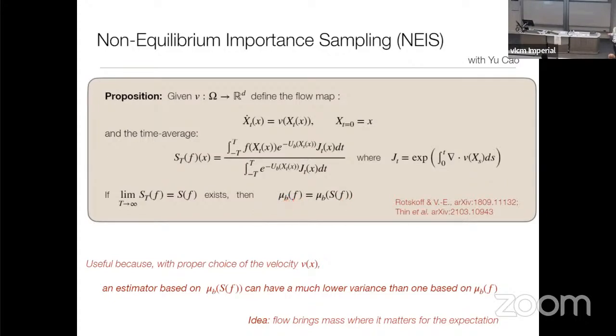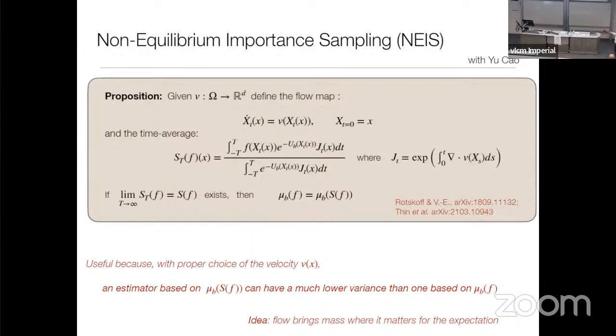And why do you think that that might be the case? Well, it might be the case if, for example, the base distribution is concentrated in some part of your domain, but the function that you want to take the expectation of has a support that is very separated from it. So if you do the naive method that is based on this, your samples have no statistical significance with respect to the expectation that you want to compute. But if you manage to push these samples in the right direction, you can expect that they will have better properties in terms of the variance of the estimator.